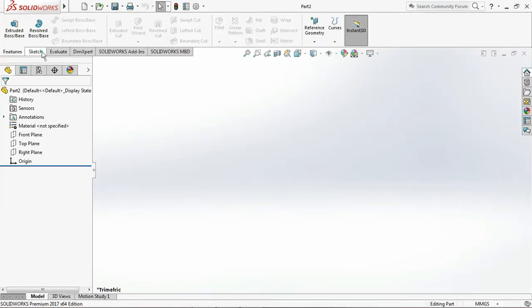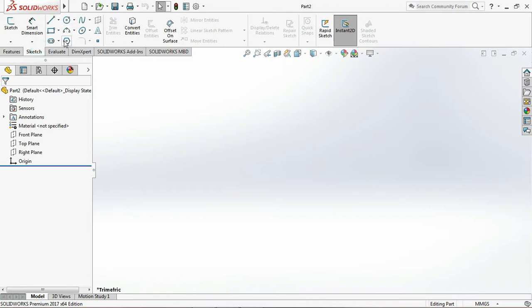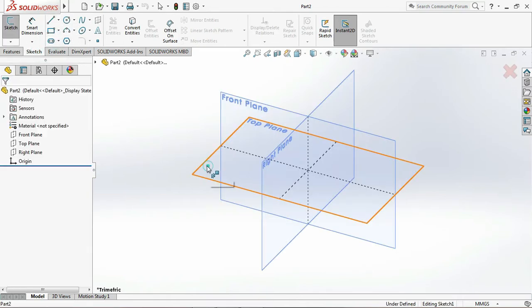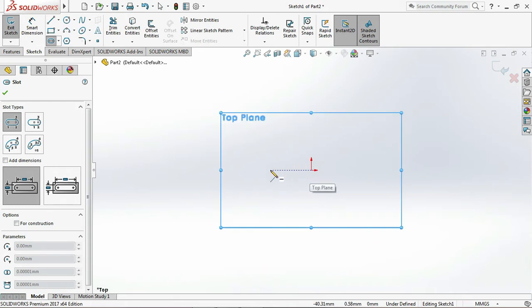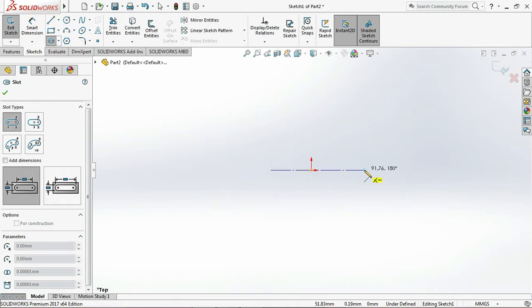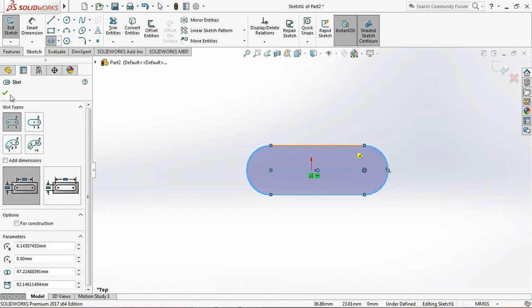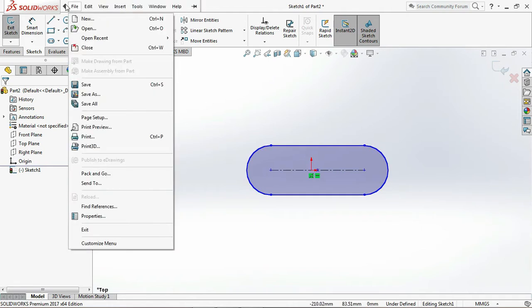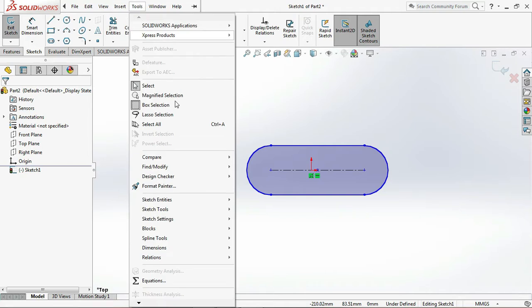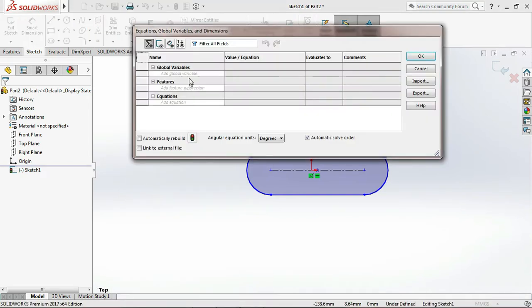Okay, let's sketch a simple model, a model like that one. Before putting any dimension, you just go to Tools and then Equations. You can put your equations here. As an example, I put a